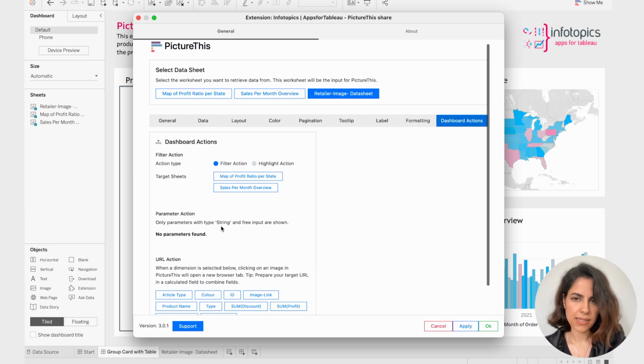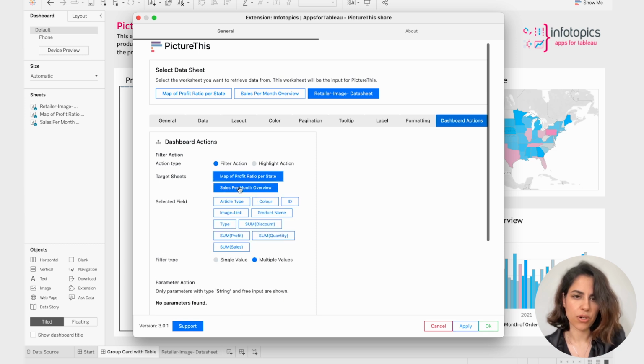And going to the last tab, dashboard actions. Here you can select which worksheets you want to have interaction with. So PictureThis will target those sheets as a filter. And I select both of the sheets that I have in my dashboard and I select ID as the field